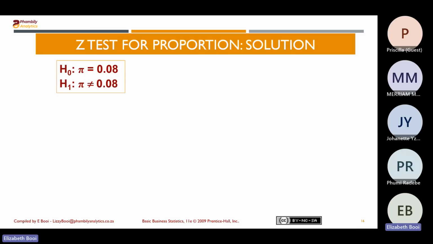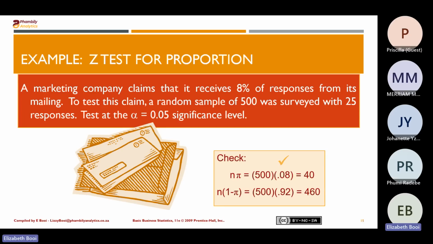The alternative, the proportion is not equal to 0.08. State what you were given. We were given the alpha value of 0.05. We were given the sample size of 500. We were also given the sample proportion, but we were not given the sample proportion. We were given the X value, which is 25, divided by this